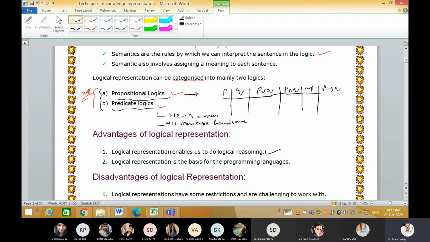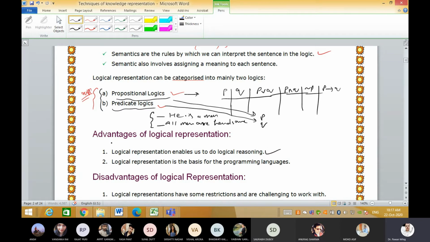By the particular logic, we can store these sentences by coding them in the form of P and Q, which is either represented with propositional logic or with predicate logic. Now, how these two are different from each other, we will see later on.